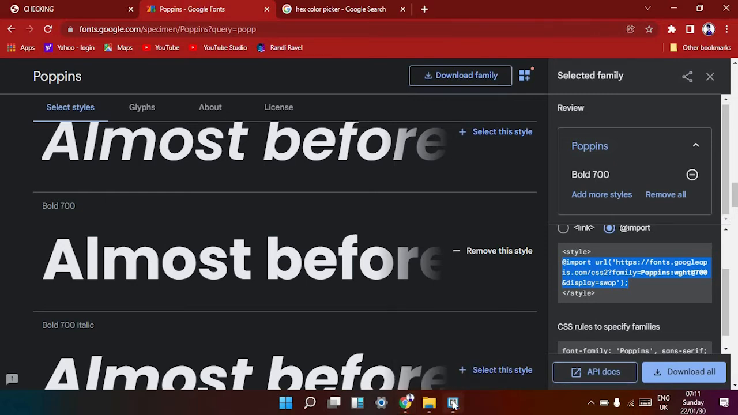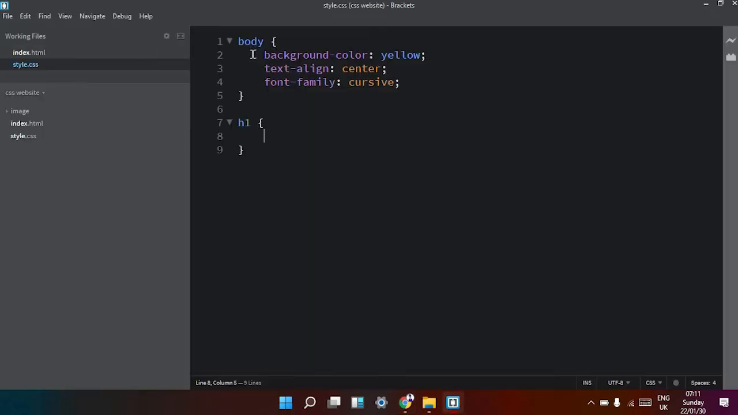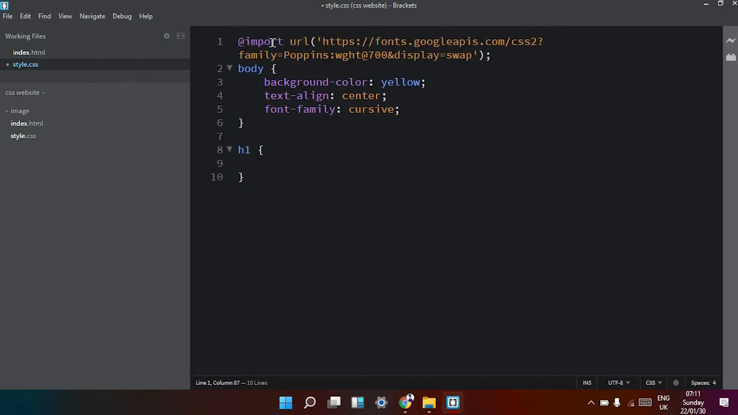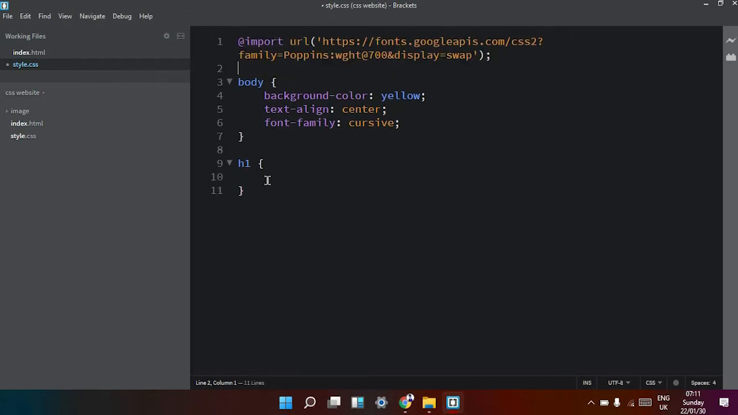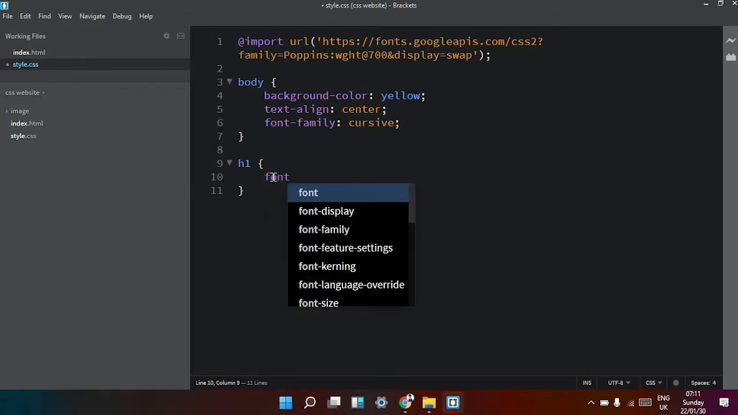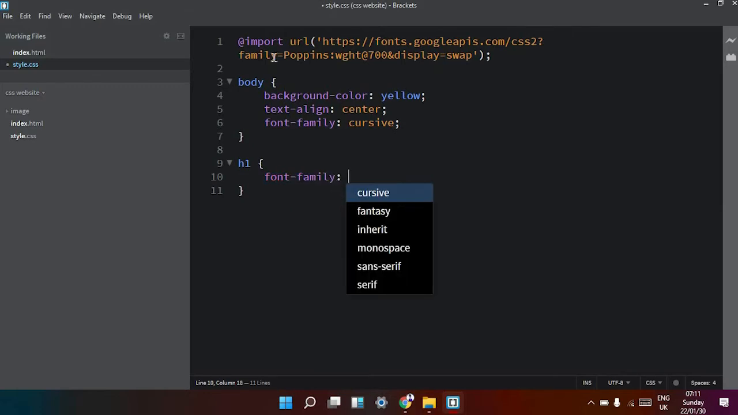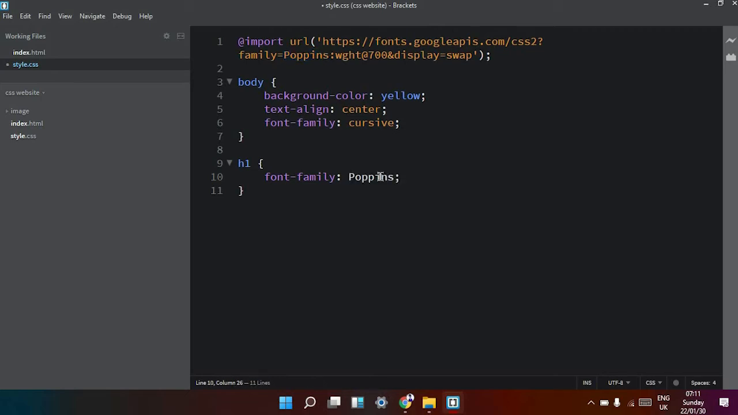Now go to your Brackets project. Go to the top of your Brackets project. Now copy this. Then I add font family. The font family is Poppins. Then the font color is